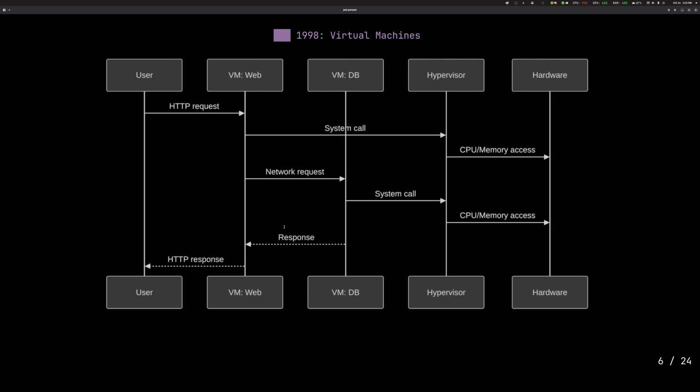So we start again with the user making the same HTTP request, but instead of this request hitting a physical server, it instead hits a virtual machine, sitting maybe on a single physical server or sharded servers, where you can hit your web server, your DB, and then in turn, all those calls are being routed to the hardware via hypervisor. It was a super important idea that essentially completely revolutionized how we consume compute